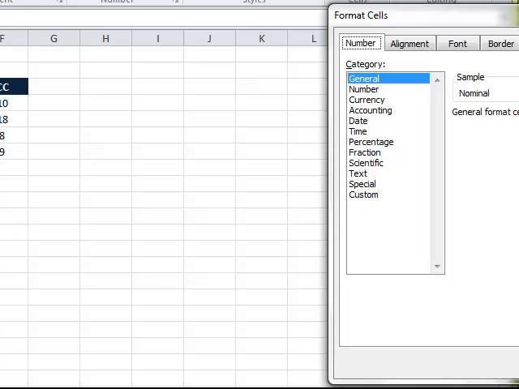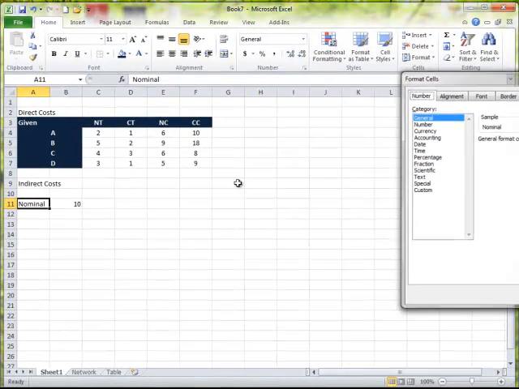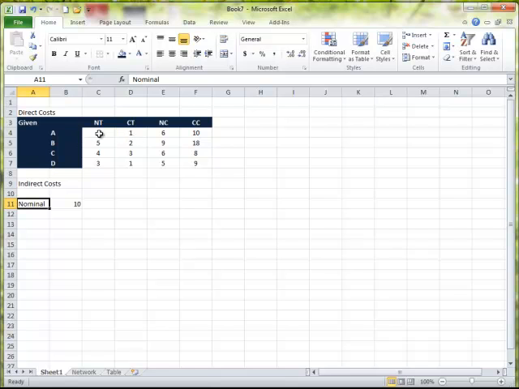Right now it's on General, which generally works. It usually works. It self-identifies. Usually in this mode, Microsoft Excel understands whether it's text, if there's text in there, or it treats it as a number if it's a number. But sometimes we want to override that because it gets confused and tries to interpret it as the wrong type of information. So we'll show something here. We're going to do a reformat on something where these are just simple numbers. These are days. The units on these numbers are days. But in here, when we're talking about under indirect costs,